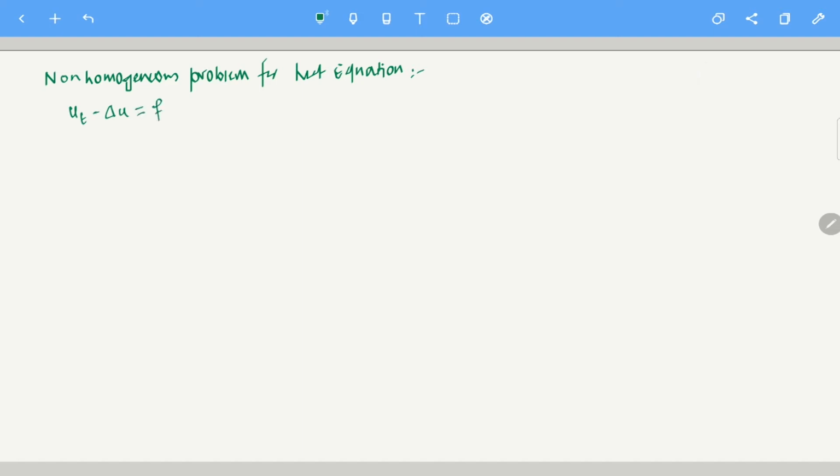This is equals to f in Rn cross (0, infinity), okay, and u is essentially 0. We start with 0, okay, on Rn cross t equals to 0. So what is the problem here? The problem is, let us assume that, let me do it for one dimension. In one dimension, the problem looks like this, no? This is t, and that's, let's say that's your R. So Rn is basically the base dimension here, and that's the time dimension.